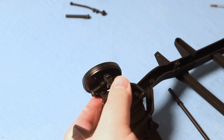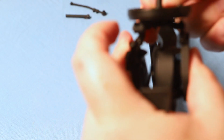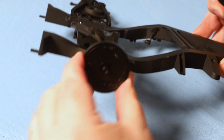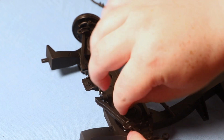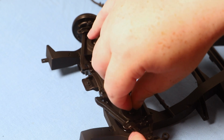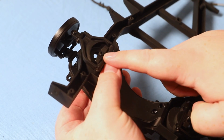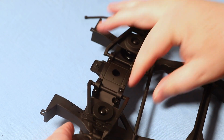You might need a PH1 screwdriver to tighten that one. Then if it's too tight, just slightly slacken it off, and maybe on both sides. Now that is free to move. Then we put the shock tower in here and put an HM screw like so, and then we need to